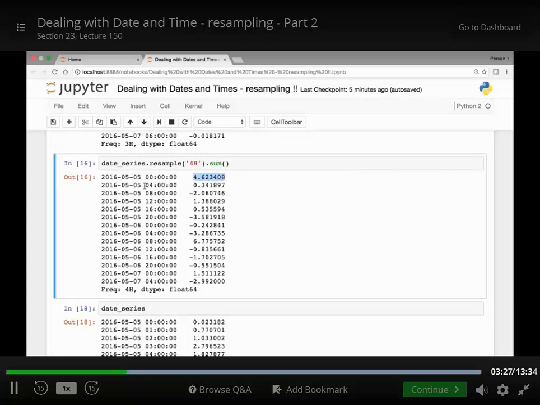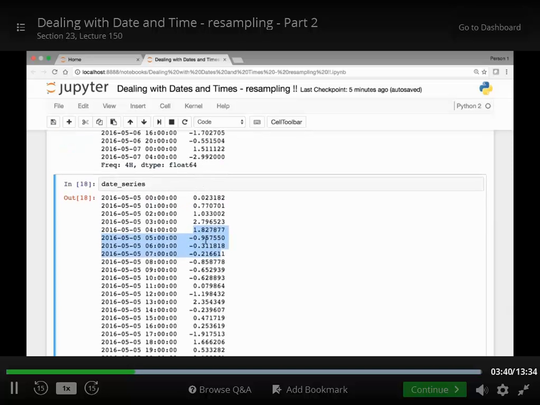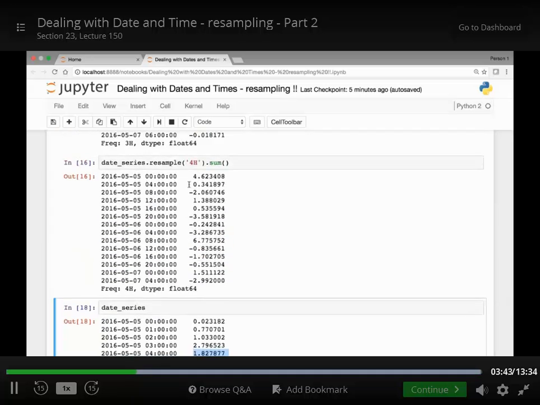So that's the sum. And then for the next 4 rows, starting from here up to here, if you add up the values for those 4 rows, you get 0.34. So that's the sum method. So that's another use of resampling. Once we resample our data based on a certain frequency, we can apply various aggregation methods like summation or count,